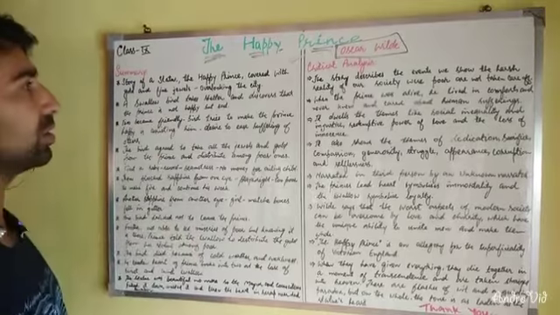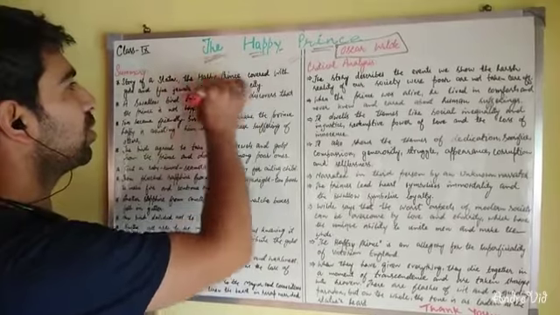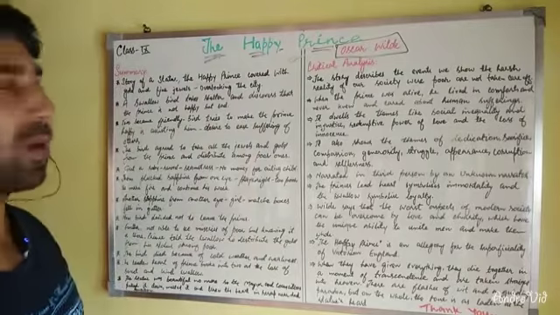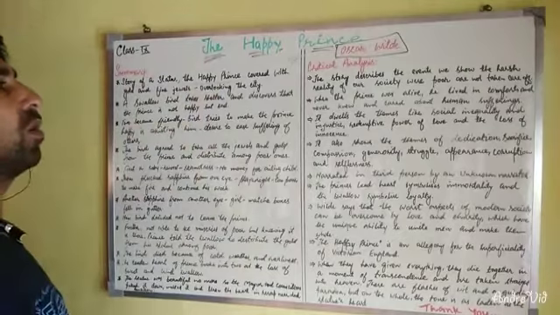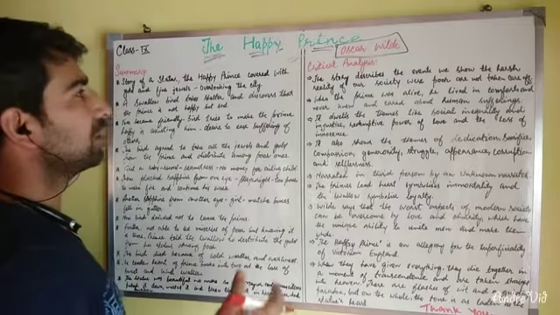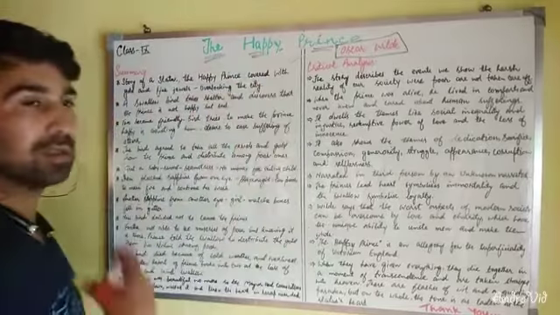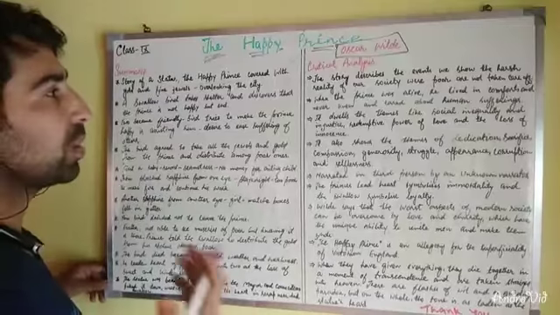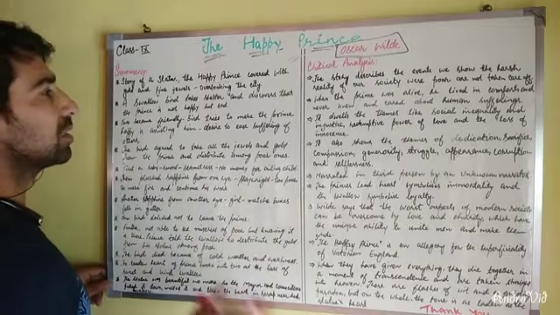It's of a statue of a happy prince. There was a happy prince earlier who used to live in his palace, and he never went out to see what was happening to his masses. But now a statue is being built after his death on a little hill, and this hill overlooks the whole city. He can see the whole city, and it is covered with gold and fine jewels. This statue is made very beautiful. It looks very mesmerizing, and it's overlooking this city.